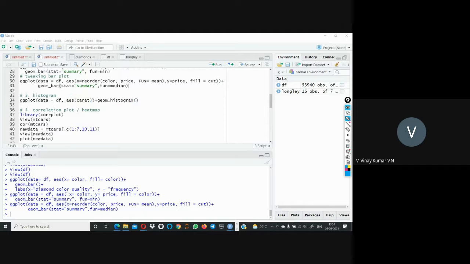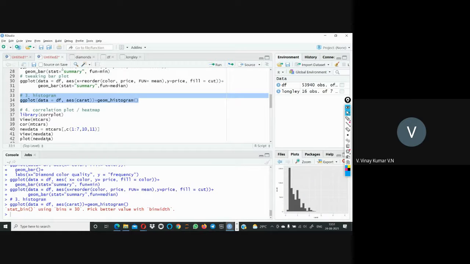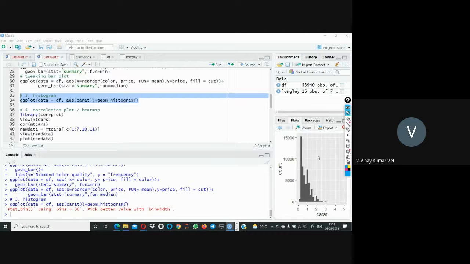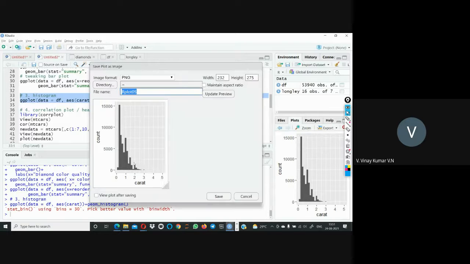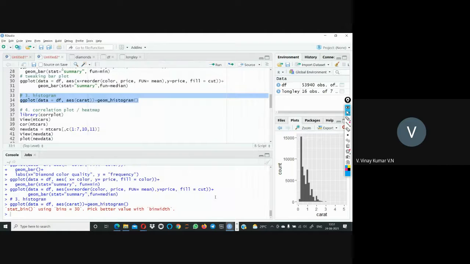That's it. If you run this code with Control Enter, you get the histogram for the respective data. You can see one bar is connected to another bar like that. So this is about the histogram.